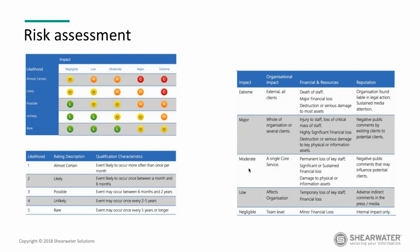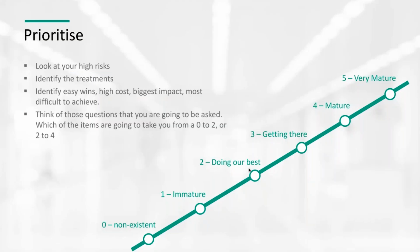From an organizational perspective, you'll decide that anything that's low, we're not going to address, we're just going to monitor it just to make sure it doesn't get worse. Anything else, we're going to remediate. Put that into a treatment register, prioritize it. So look at your high risks, identify the treatments that you're going to do, identify the easy wins,